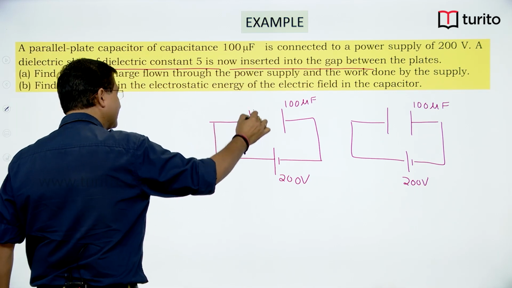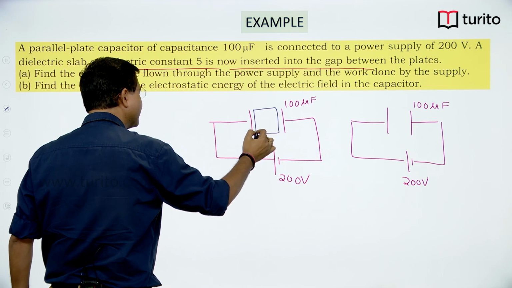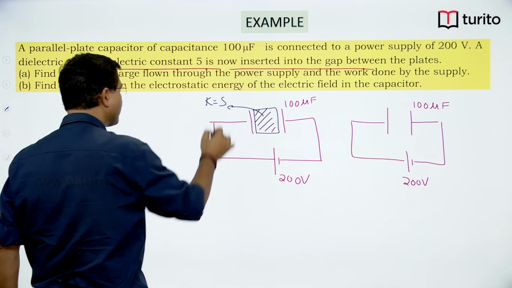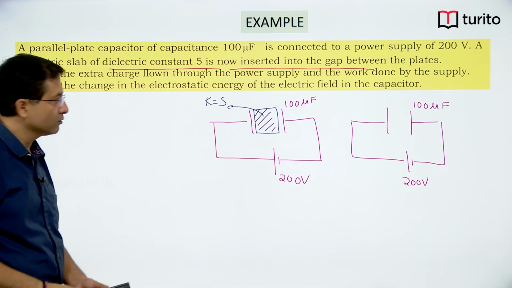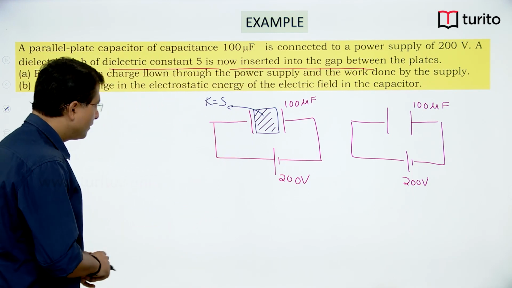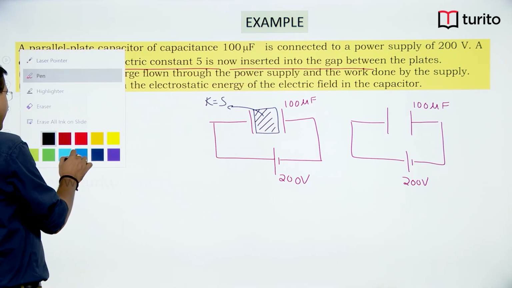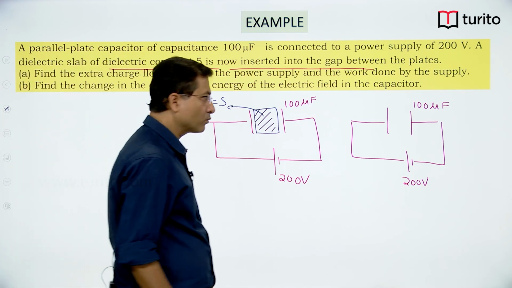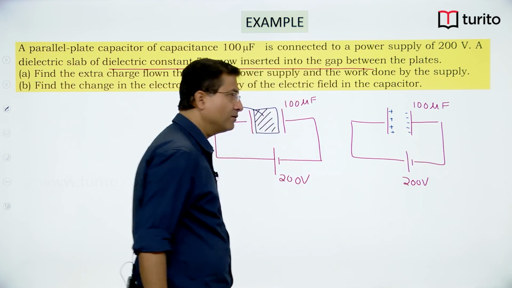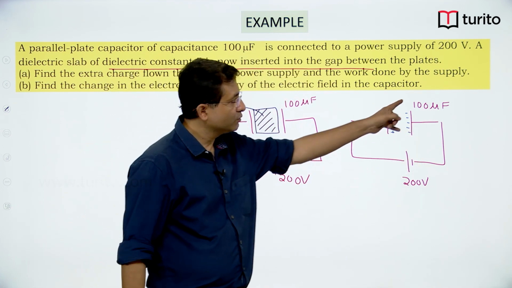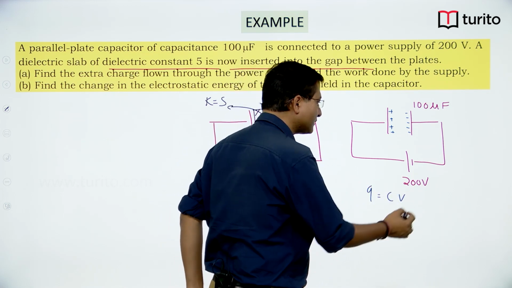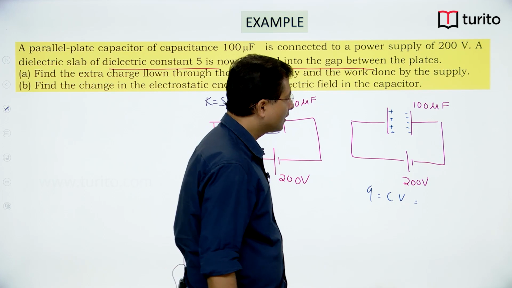So I inserted one dielectric of dielectric constant 5 between two plates. Before introducing the dielectric, what was the charge on the capacitor? Q is equal to CV. Capacitance 100 microfarad,